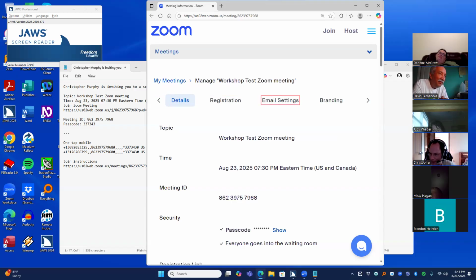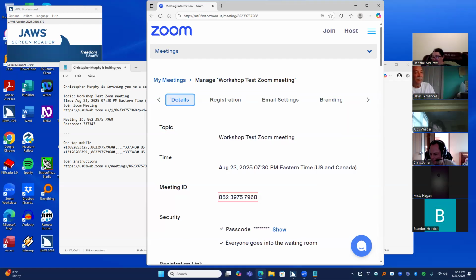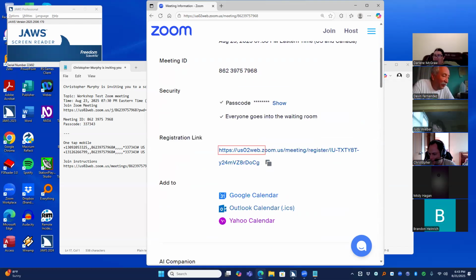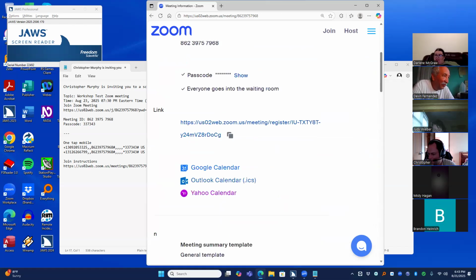You have email settings tab, and there are some other settings in here that you can enable. But now, details tab selected 1 of 5. If you go to details, enter, tab, meeting information Zoom. You'll see a link. Sometimes this jumps. Meeting link, email settings, branding, workshop test meeting, unsecure group, check, registration link, registration link read only, edit, https://web.zoom.us/meeting/register, copy URL. So you can copy this link now and actually send it out to people, and they